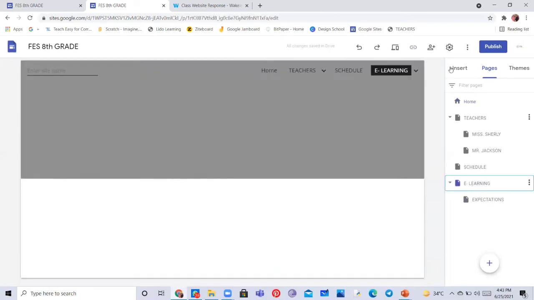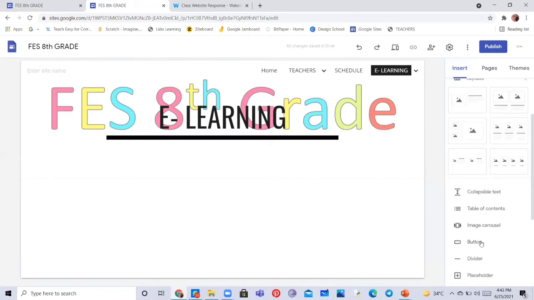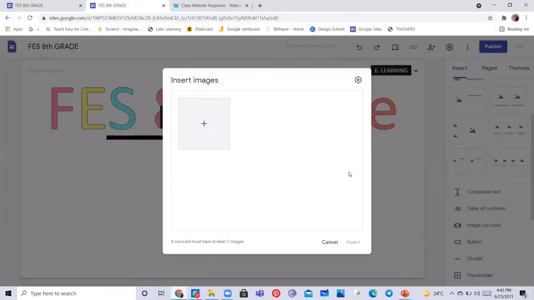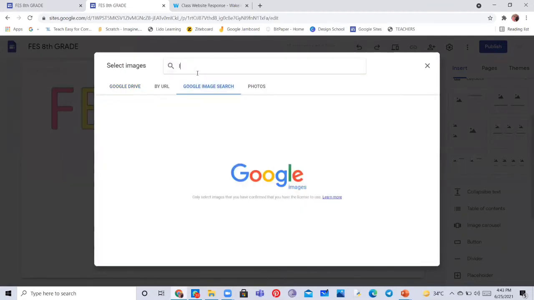Now on e-learning, if you want to edit it, you can have the image carousel. So image carousel is a bunch of images which you can slide here and there, and they will look like a round structure. Like you can select images. I'm going to select a few images.